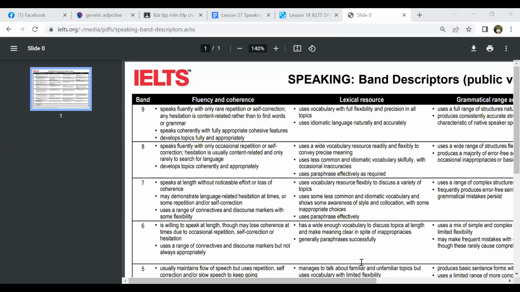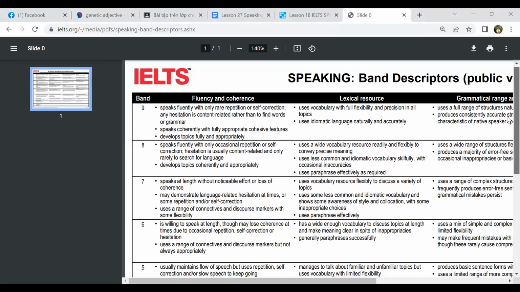Your answer is correct, but IELTS actually doesn't care much about your knowledge, because IELTS is a language test. But I totally agree with you that we should focus on extending 1 or 2 ideas rather than giving a list of ideas. Now this is band 9, right? So you will see here at band 9,